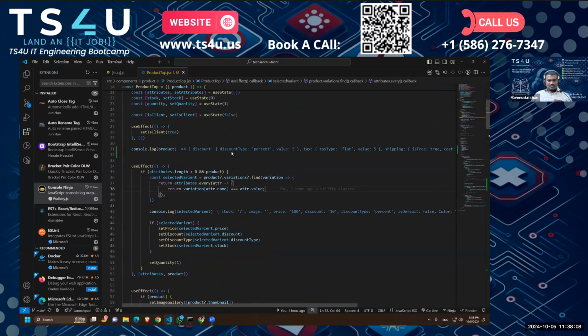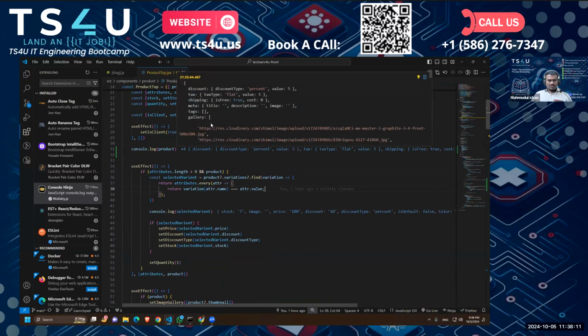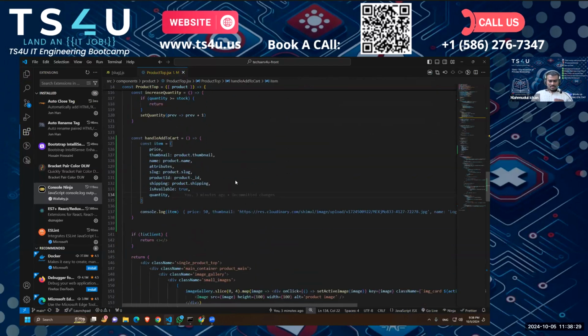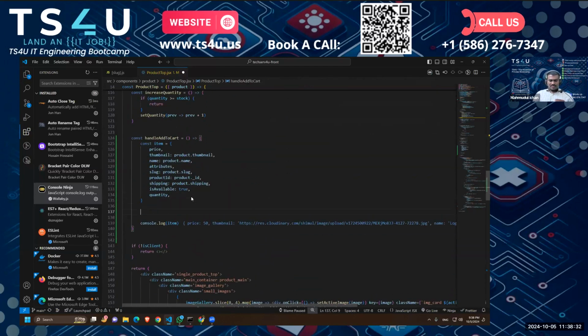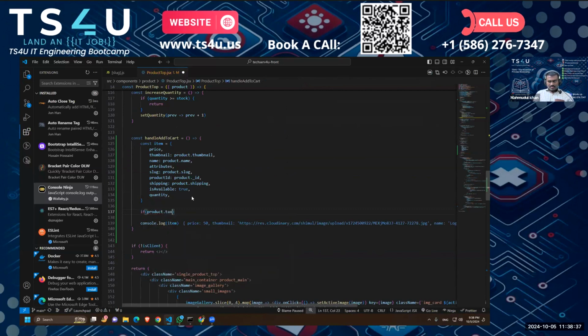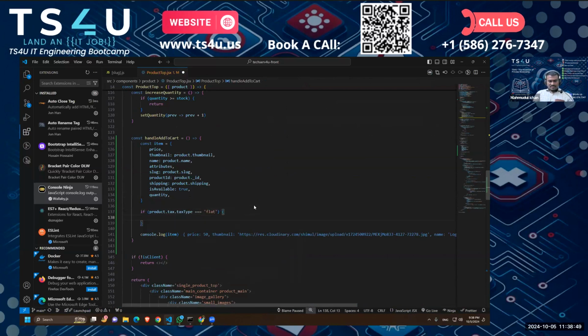So let's see what is the type of tax actually. It is a flat tax, so I think the tax type is also similar to percent. We can have percentage or flat tax type. So I think we have to take into account both cases. So in this case, what I will do, I'll come here and write if product.tax.tax type is equal to flat. If it is flat, then